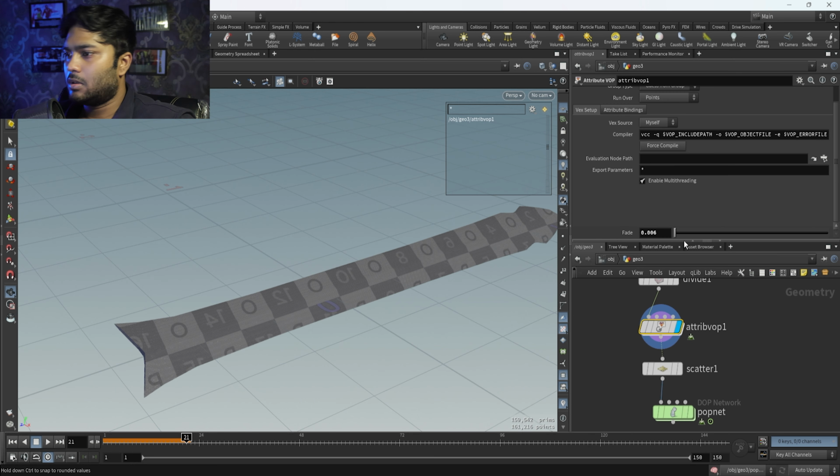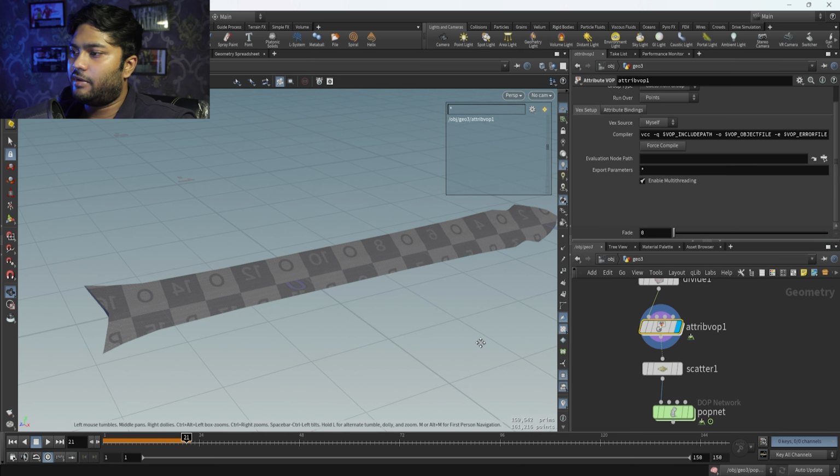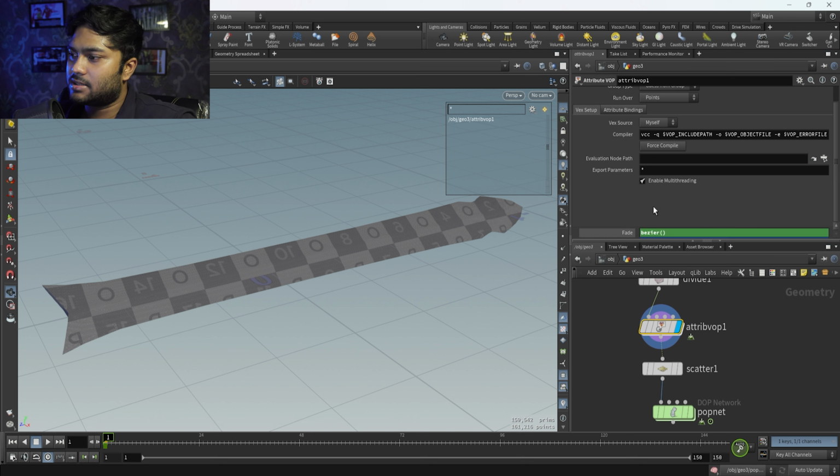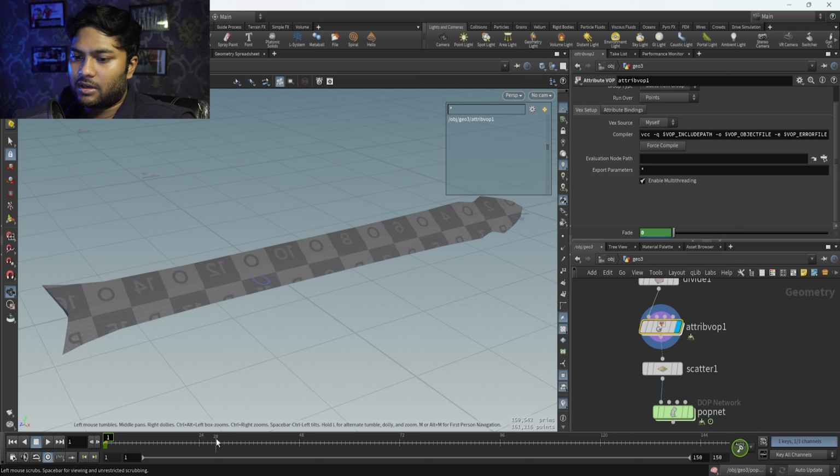Okay, now what we will do, we can animate this also. So first of all we will go and animate this. In the first area we will press and hold the Alt button and click on this. Okay, and after that I'll go to the 70 or 80 frame.